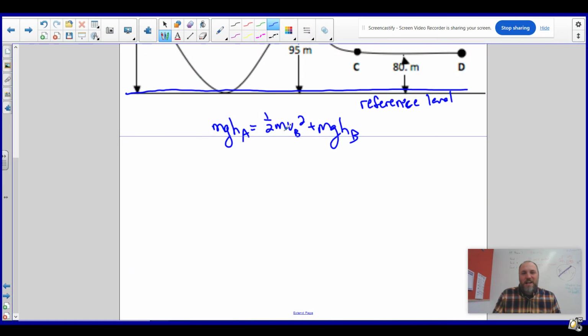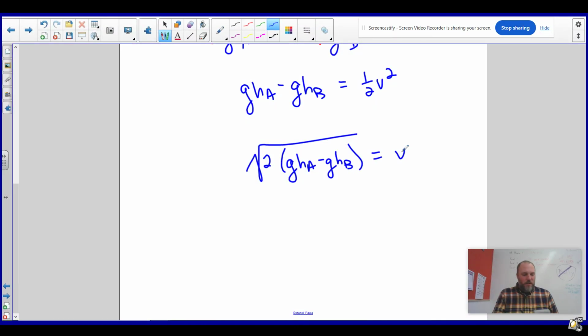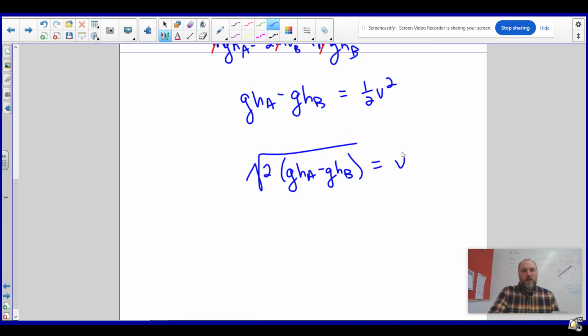Now I am noticing a mass in every single term. Make sure it's in every single term before you cancel them out, but now I can just divide everything by mass, and it's gone. I need to move GHB to the other side. So G times the height at A minus G times the height at B is equal to 1/2 V squared. And then to get V by itself, I'm going to multiply by 2, and take the square root again. So I have 2 times GH at A minus GH at B, and then take the square root to get V. So that is the square root of 2 times 10 times 140